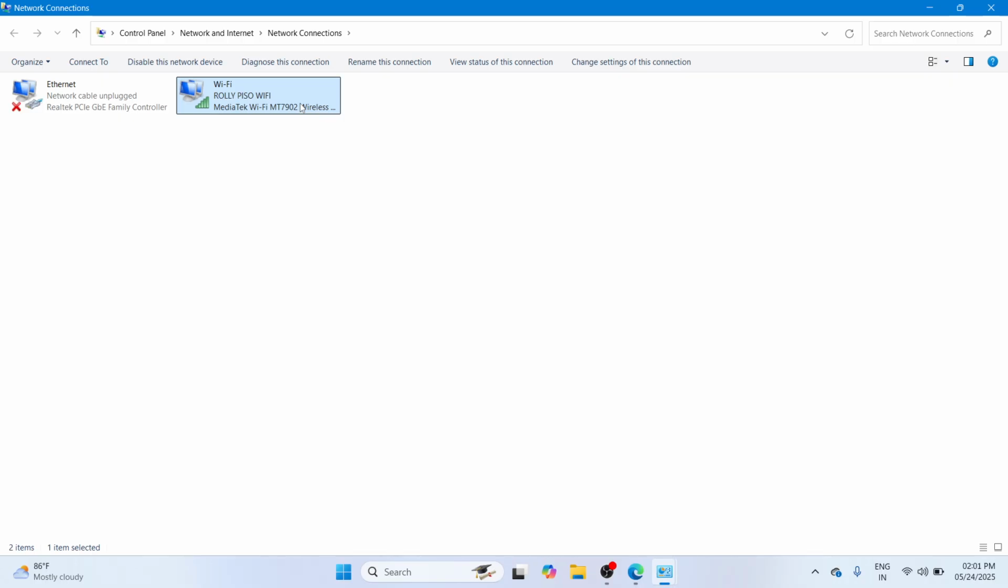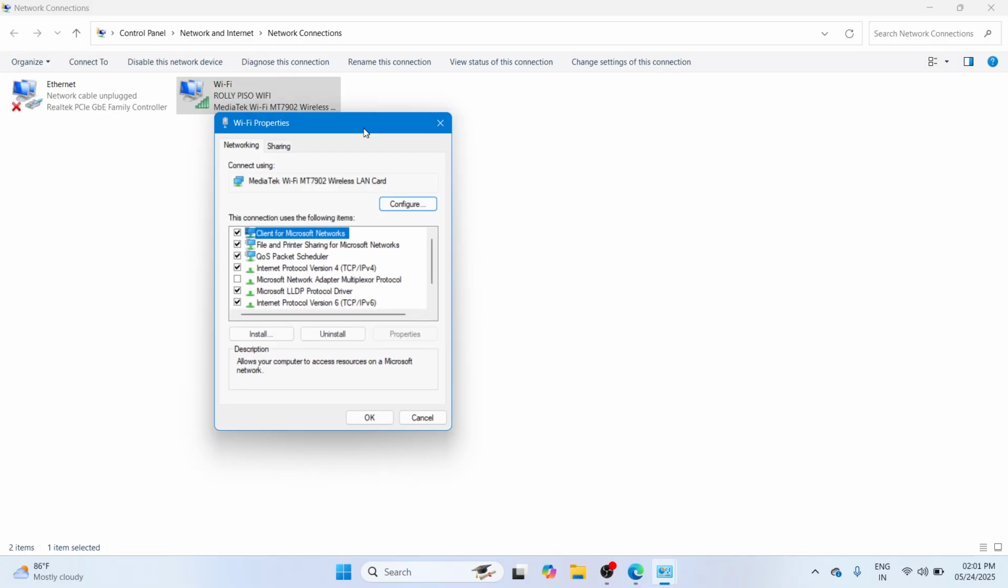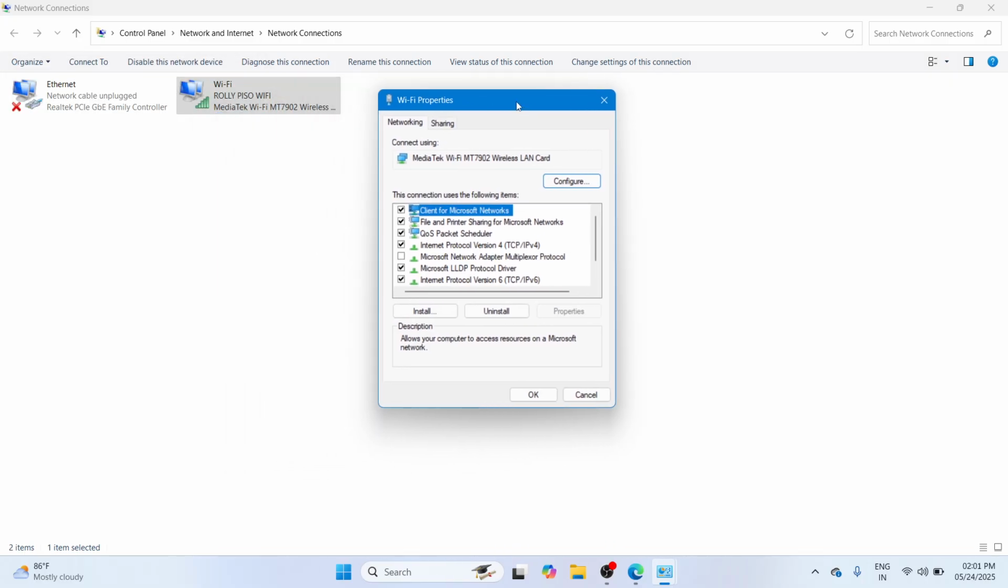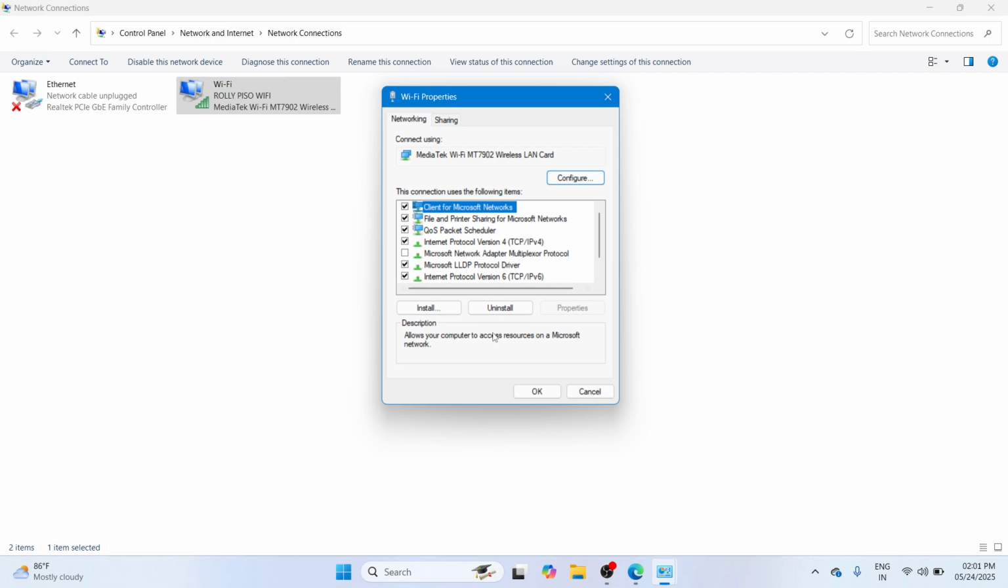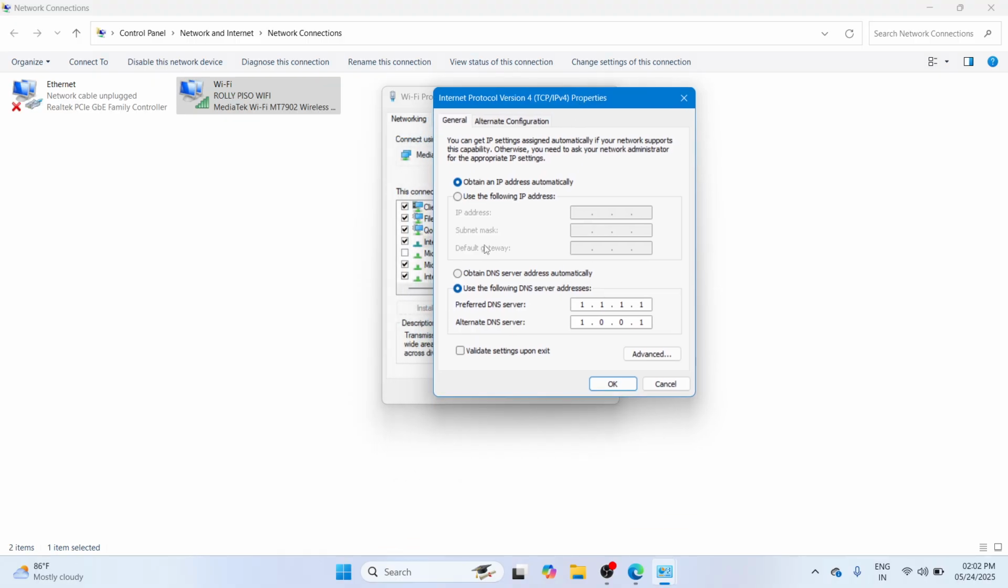The moment you have selected it, please right-click and go with this option called Properties. The moment you click on it, you would be able to bring up the Wi-Fi properties, where here you need to proceed to Internet Protocol Version 4 (TCP/IPv4), and then you need to navigate to its properties. And the moment you've clicked on it, you would be able to set this. So here you need to ensure that the IP address has been set automatically. And here in the second option, please proceed with Use the following DNS server addresses, and you need to set